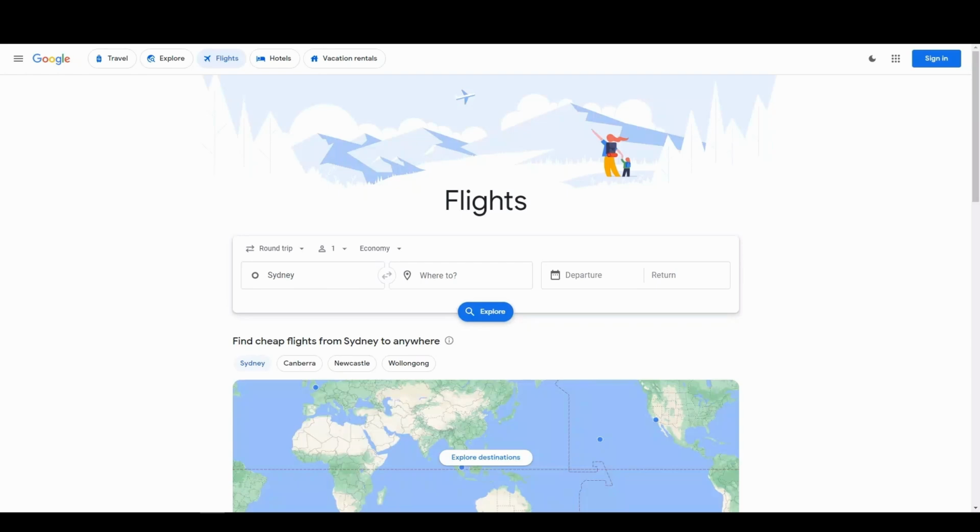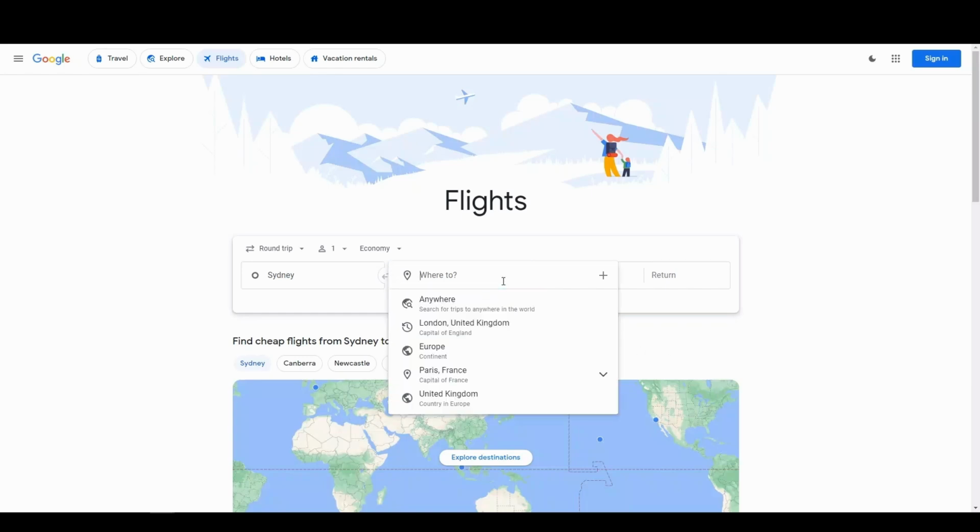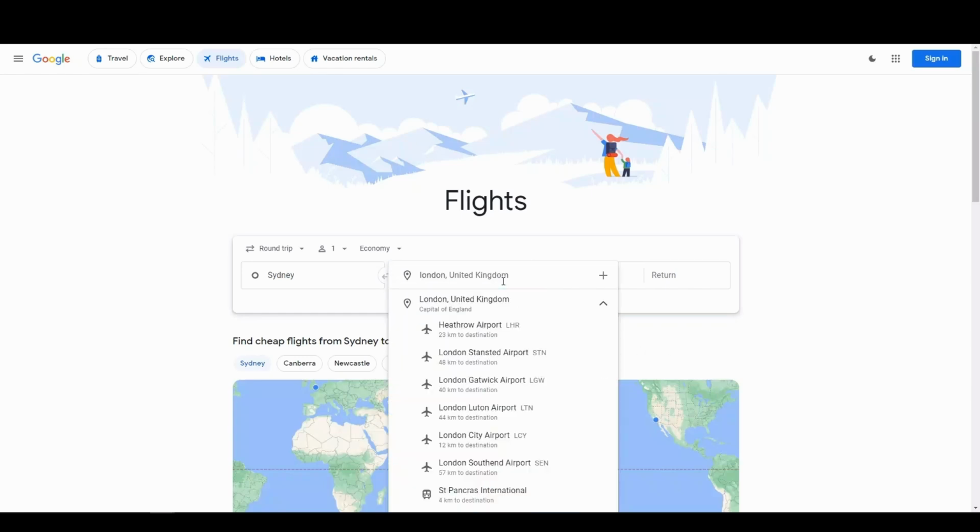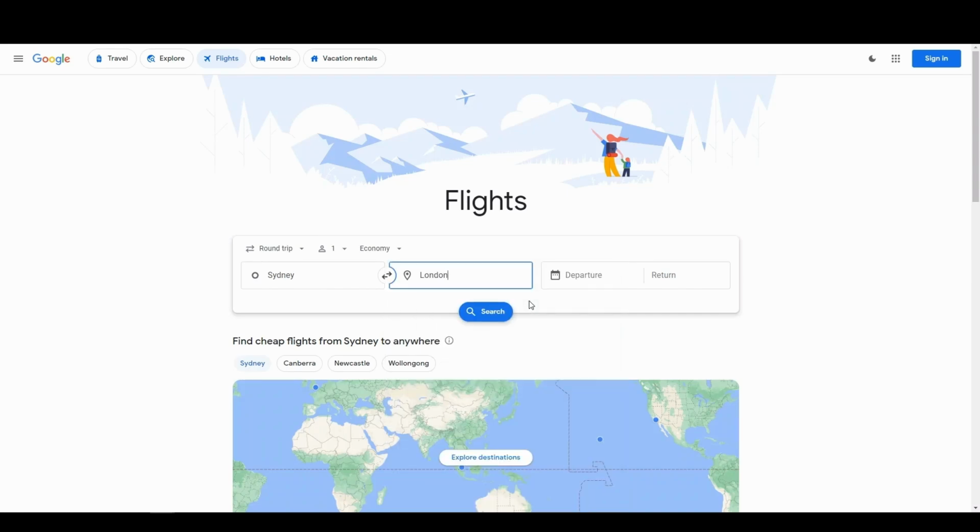As you can see here, the departure location has been pre-filled based on my current position. Let's do an example. Let's assume that you want to go to London. So we'll go ahead with entering our destination. That's London. As you can see here, you can even choose which airport you want to go to. So if you feel like Heathrow is too busy, you can choose other airports instead, and it will adjust your results based on your preferences. But in my case, let's go with Greater London.